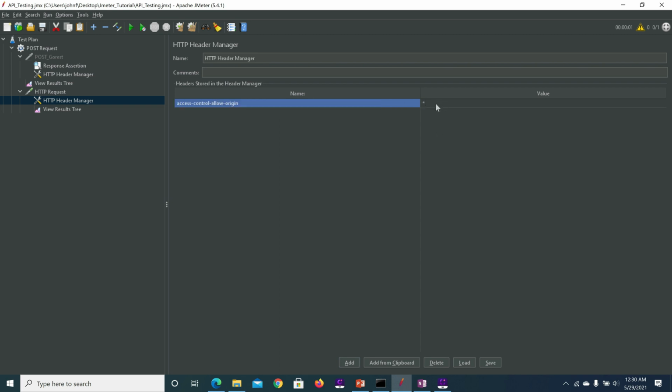Value I am giving star, so we are giving access to this resource from anywhere. And the next one is content type. Again that is JSON. Content type application/JSON.